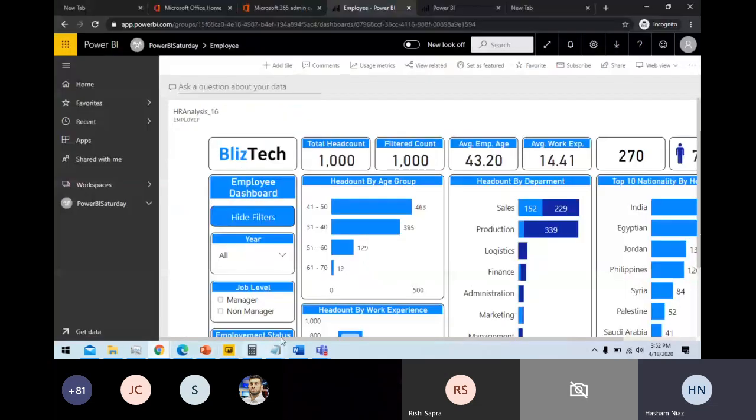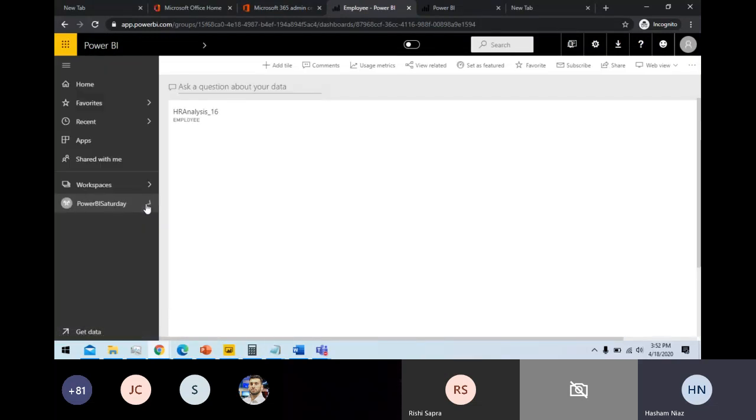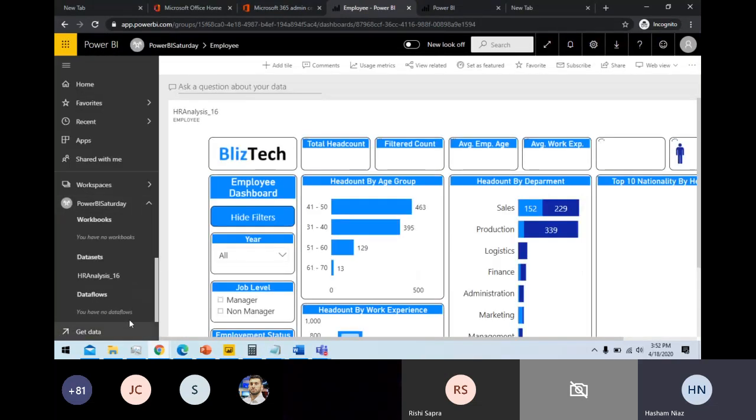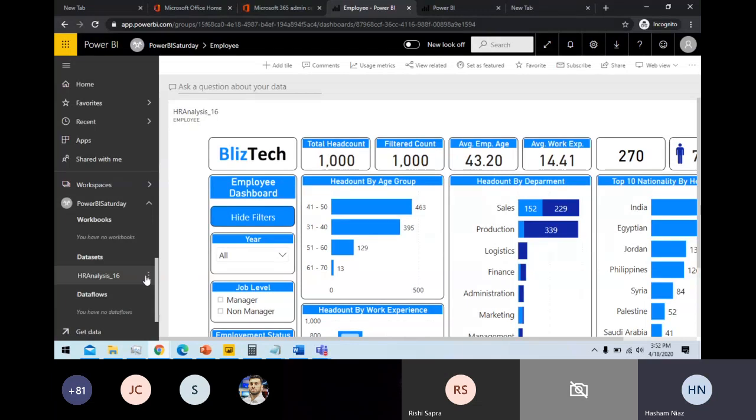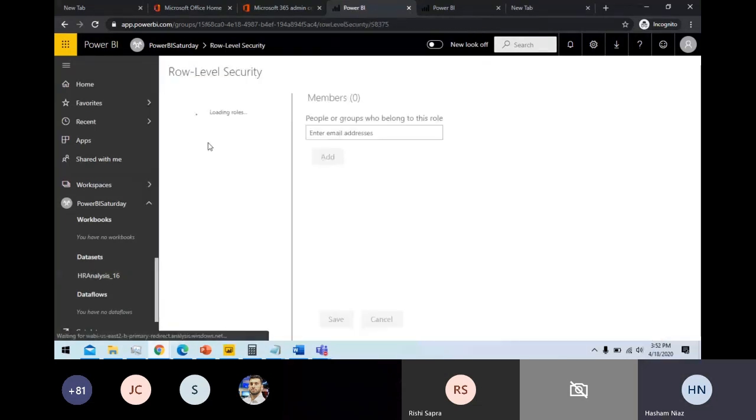Now if I go back here to my dataset, I need to configure the dataset row level security settings as well. So if I click here in the dataset security, here you see I did not assign any of the member permissions.